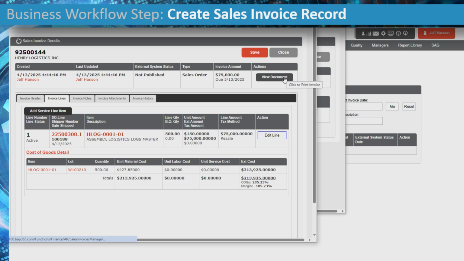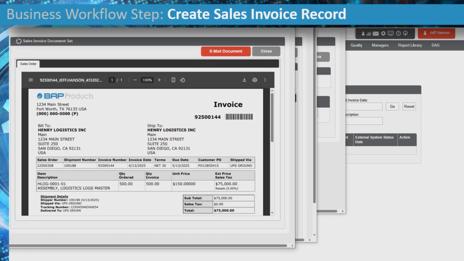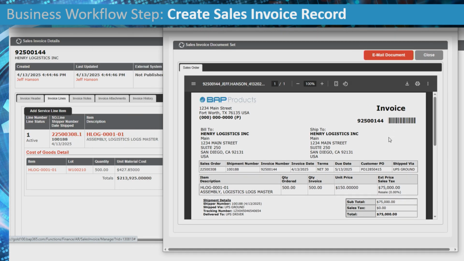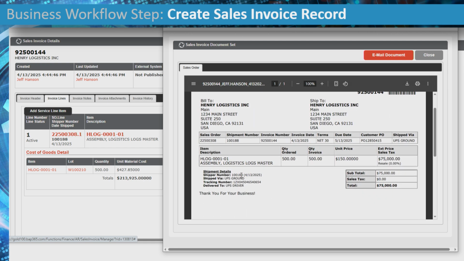So in this case, we're going to go ahead and view the document. We're talking about an invoice. So here's the invoice that we have. You'll see that the shipment details show on the invoice. So there was our shipper number. We did UPS ground. Here was the tracking number, and we delivered it to the UPS driver. So I point this out because your shipping department should be cognizant of what they enter in the ship confirm transaction screen, because it will show up on the customer invoice,